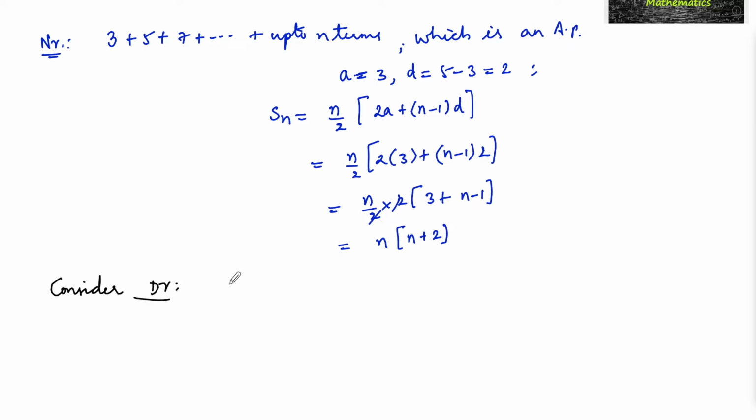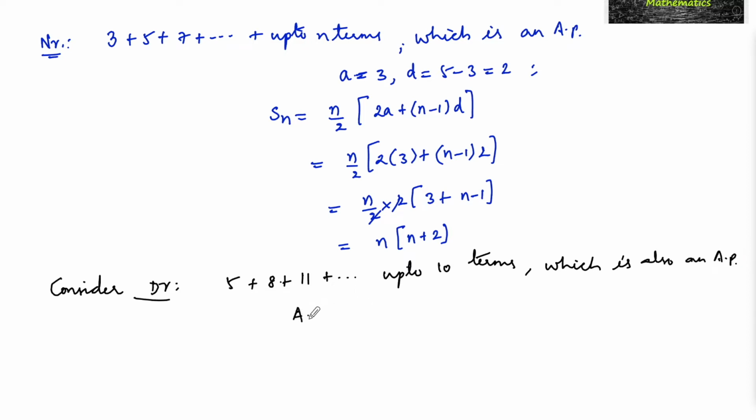Consider the denominator, that is 5 plus 8 plus 11 plus and so on up to 10 terms. So the given series is also an AP, an arithmetic progression, whose first term, let us consider capital A, is equal to 5 and the common difference, let us take capital D, is equal to 8 minus 5, that is 3. And the sum to n terms, let me take S dash of n, is equal to n by 2 times